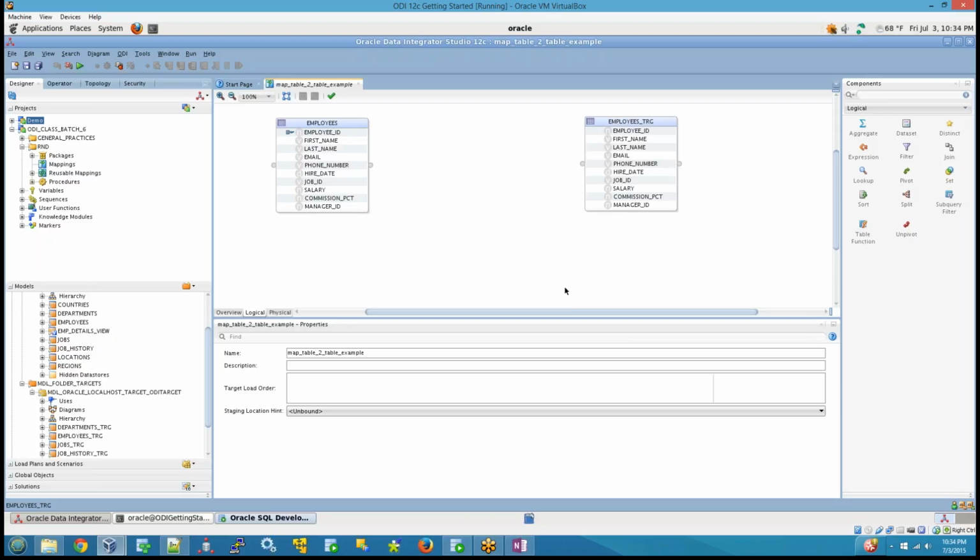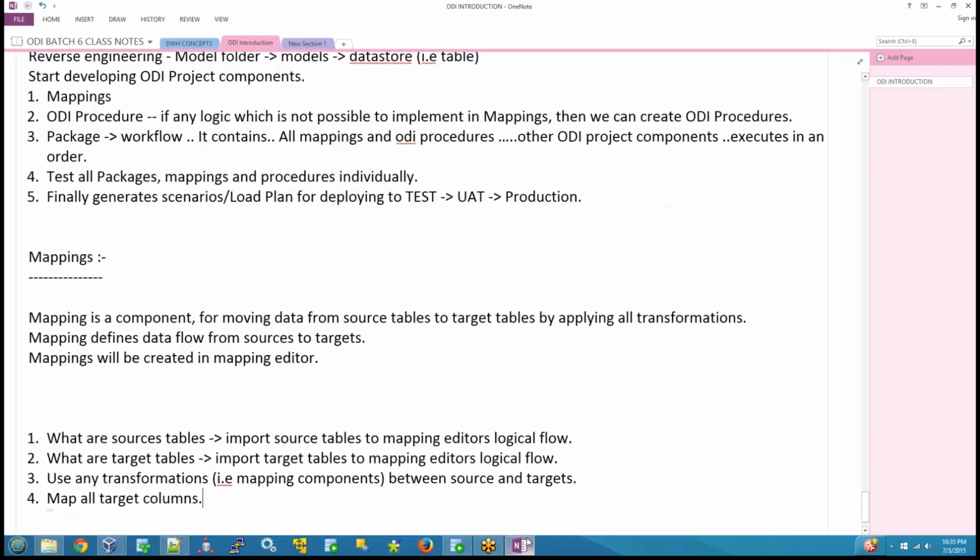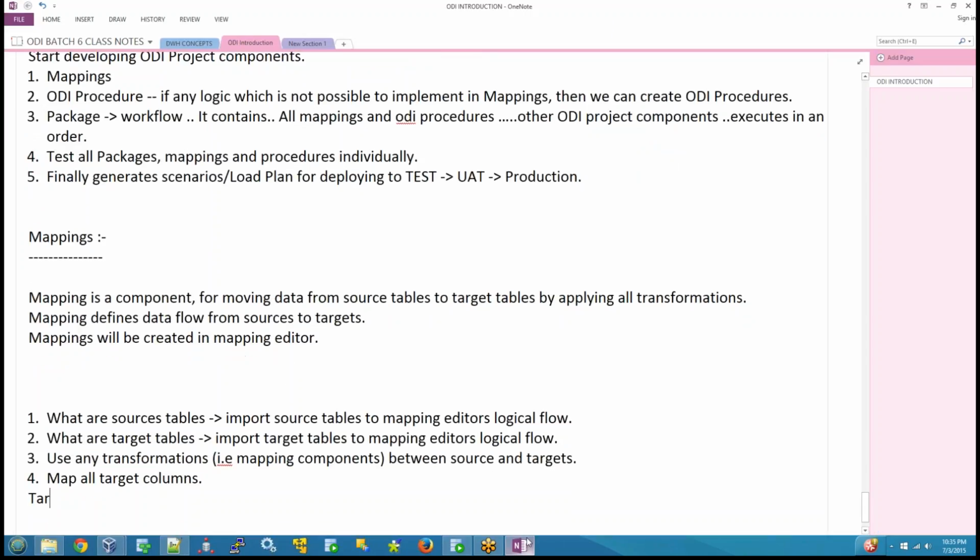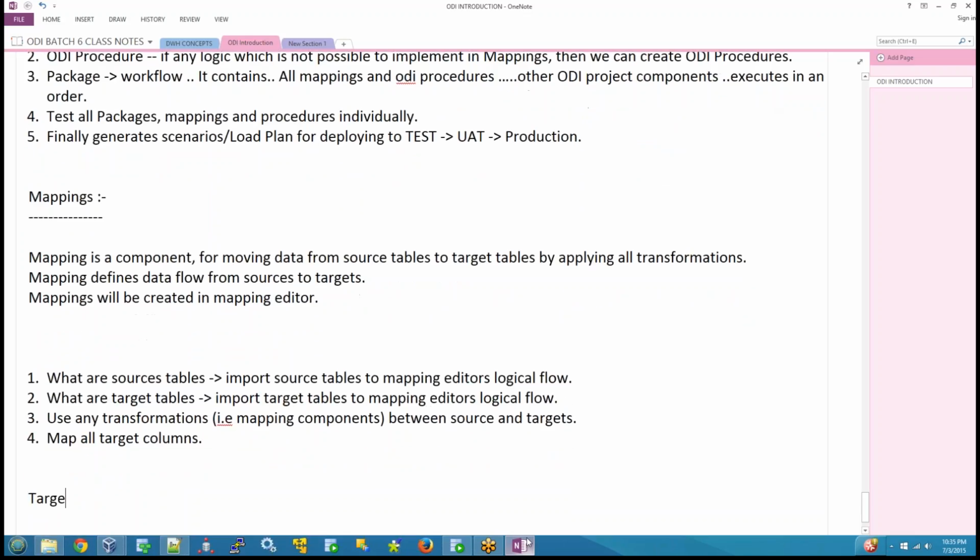Okay, so the general properties of this logical flow. So see here it is the name and here in the description you can write anything. So the target load order. The target load order is if we have more than one target table in the mapping. Please note down this point. The target load order